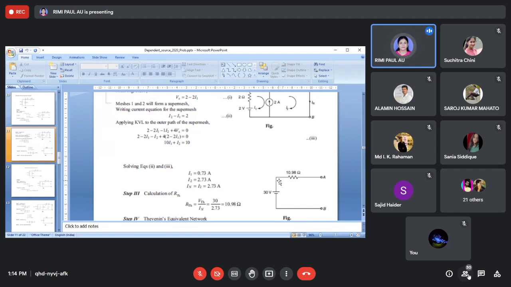Already in DC you know, but in AC there is some problem, that means there are 2-3 cases. You have to check how to solve the maximum power transfer problem if these cases happen. But the basic thing is that you should know Thevenin's theorem. That's why for Thevenin's theorem, I have solved all cases related to dependent source, independent source, and AC problems.